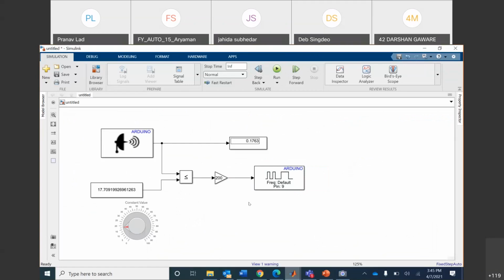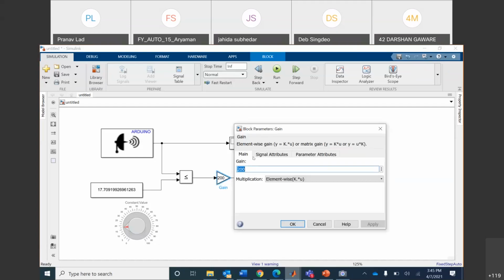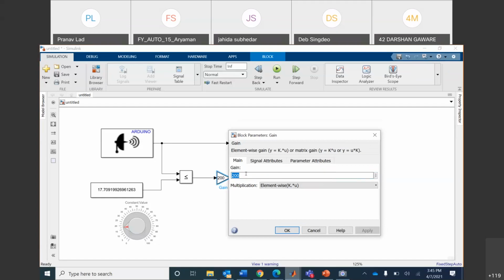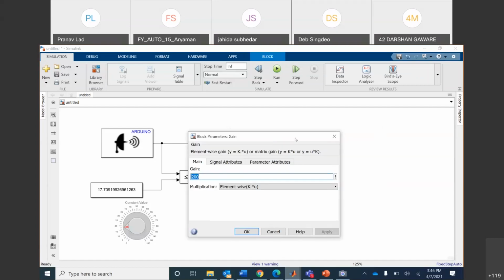Duty cycle 0 means it is continuously off. If you have anything in between, the LED will glow with that particular scaled frequency. Just to put it in very simple language, the intensity of the LED will depend on this value. So anything between 0 to 255 will work, but if you give it very low, the intensity of the LED glowing will be very, very low. So I just gave 200, which is not too high, not too low.